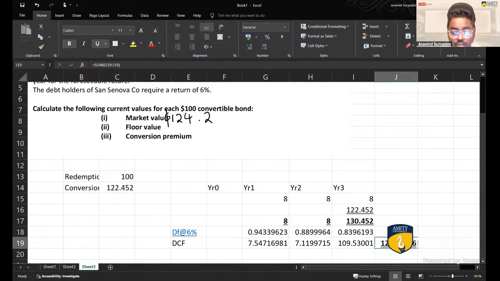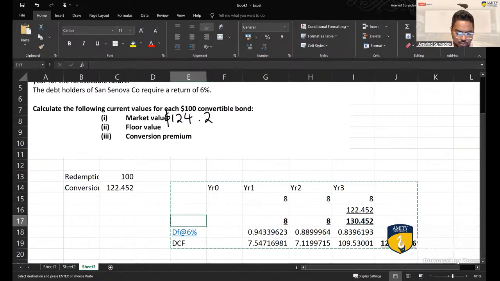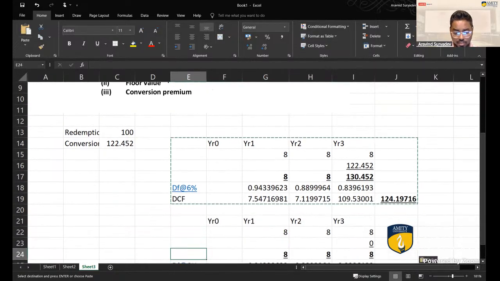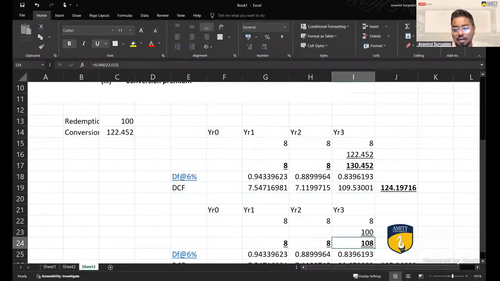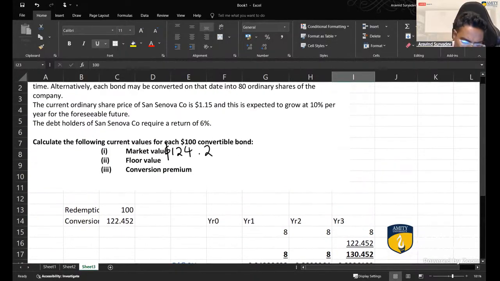There you go. Now, what is the floor value? Well, guys, for the floor value, it's the same calculation, but the floor value is like the minimum value. So what is the minimum value of the share? Well, without any conversion, I can still get $100 for the share, and that is the minimum value. What is the minimum we are guaranteeing them? The par value of $100. So that's why we take that into consideration over here. You can see how I've put the $100. Same formula, same table, and I've calculated the total of the present value there. I'm getting 105.34. So this is the floor value.